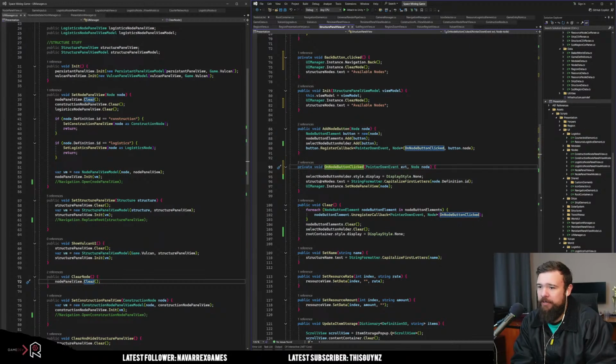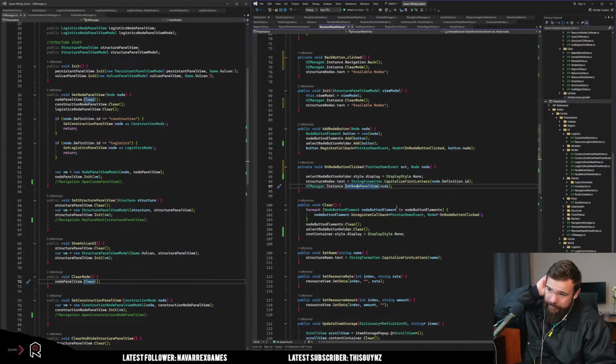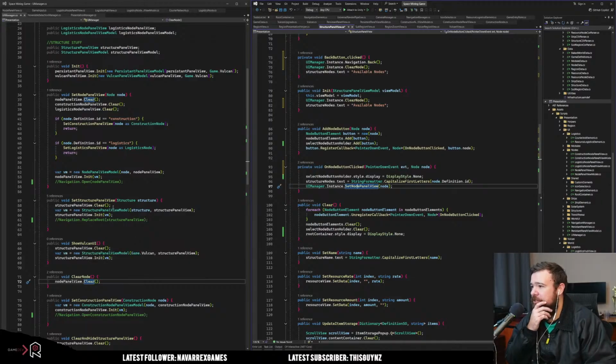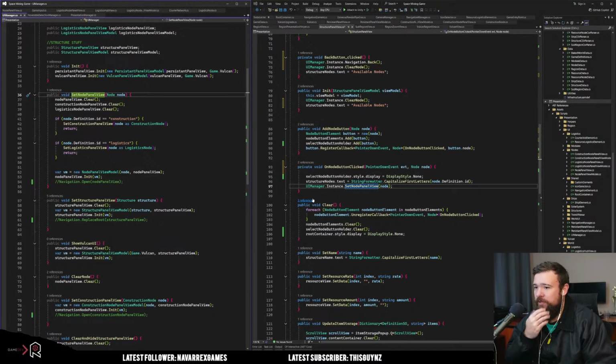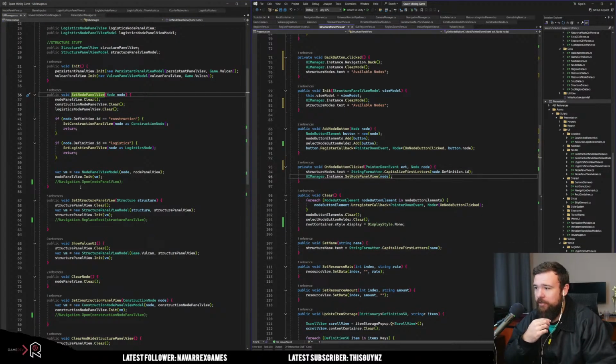So when we do this, we do select node button holder dot style dot display. So we hide this. We set that, and we set node panel view. Now you see, this is the part of the issue because setting a node panel view is quite complicated. So I think we still want to do that. Right, we don't want to hide that thing. Not like that anyway. And I think what we need to do here is when we set the node panel view,